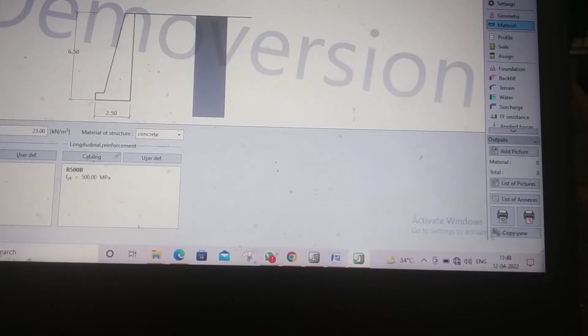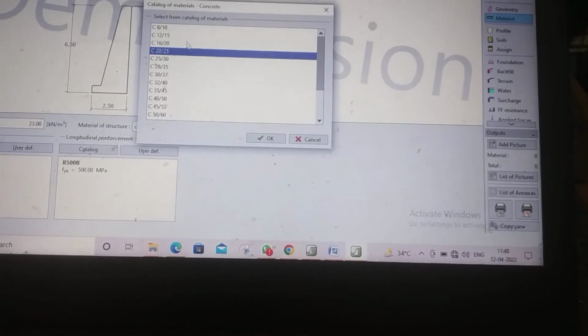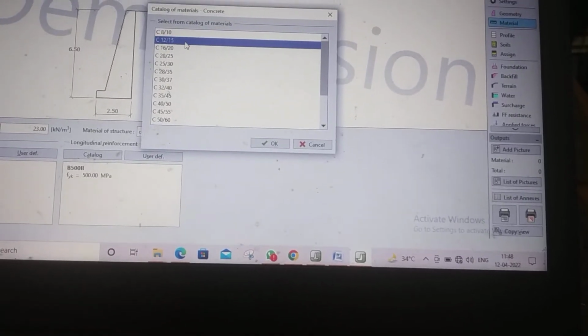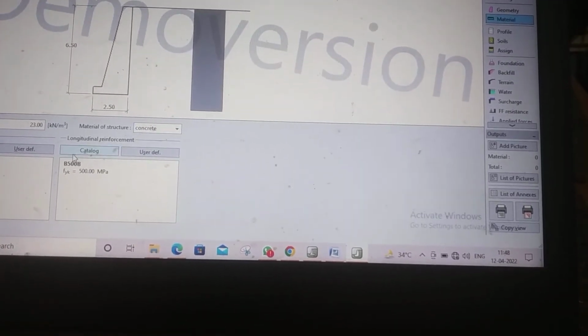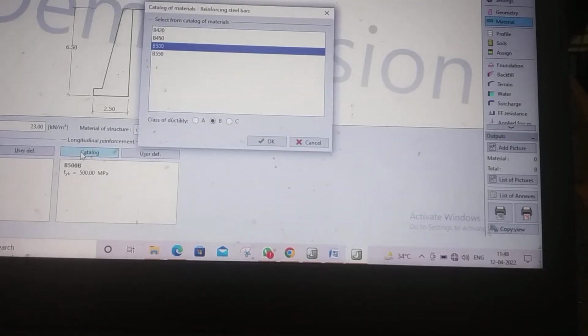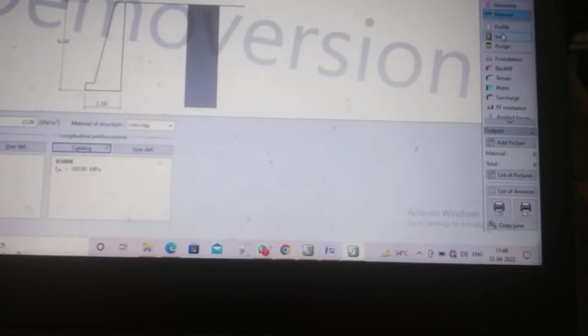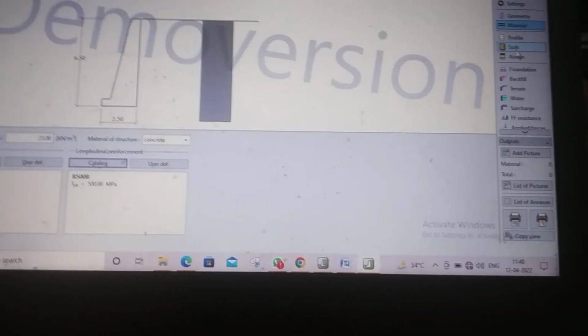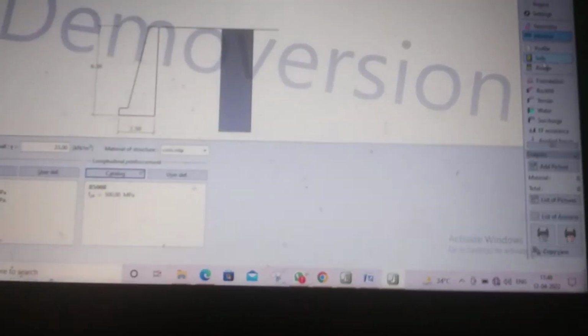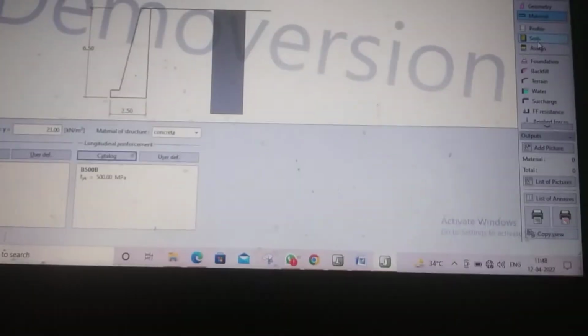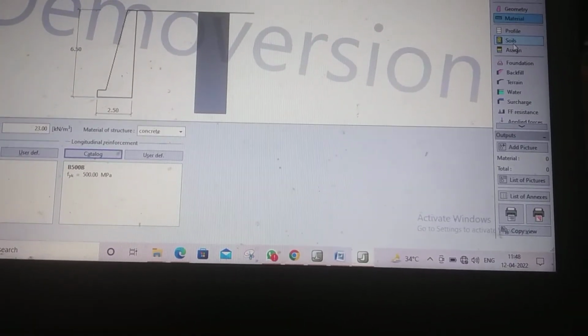So we are going with concrete, that is C12/15, and that's okay. So I'm going with the next step, that is soil.